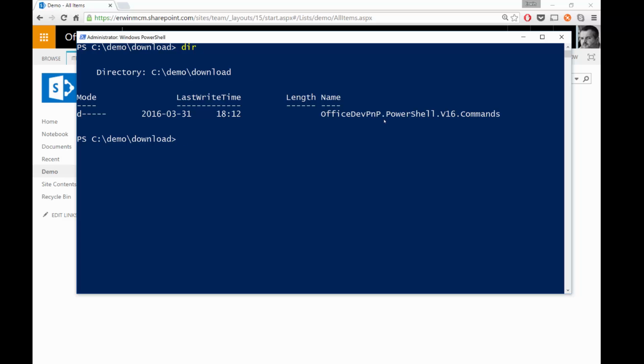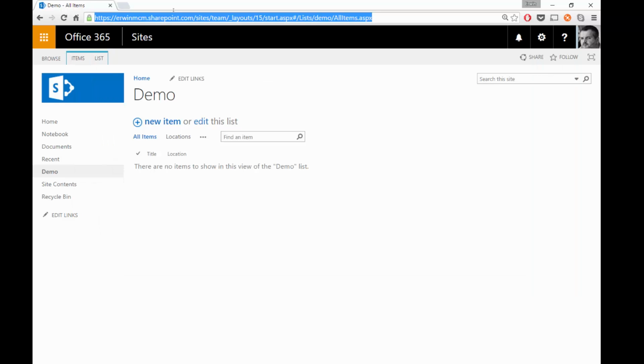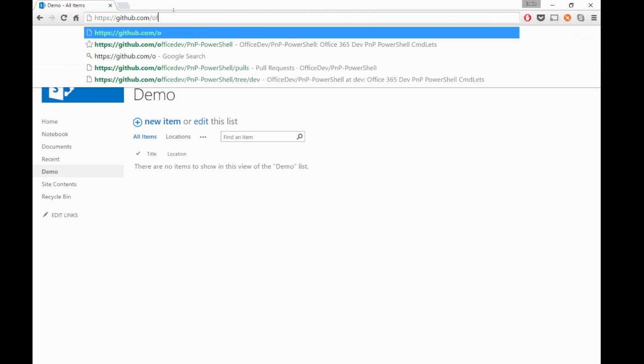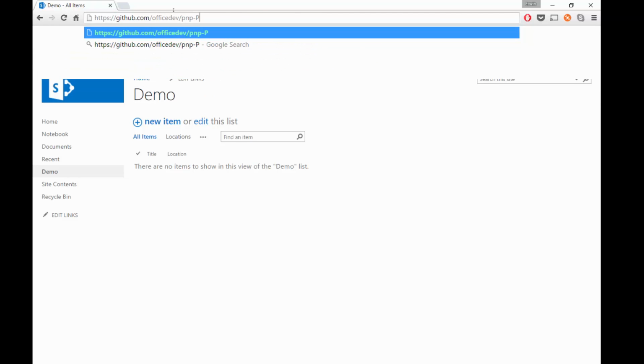If you do not run Windows 10 or have the latest version of the Windows Management Framework installed, which allows you to do this Install-Module, you can manually download the commandlet setup file from the GitHub site. So if I go to github.com/OfficeDev/PnP-PowerShell,